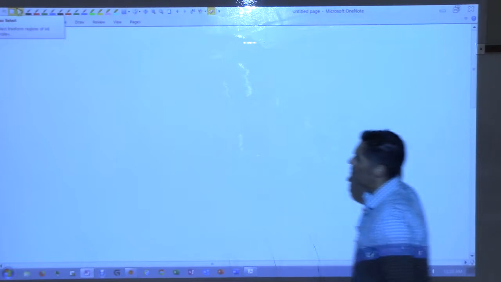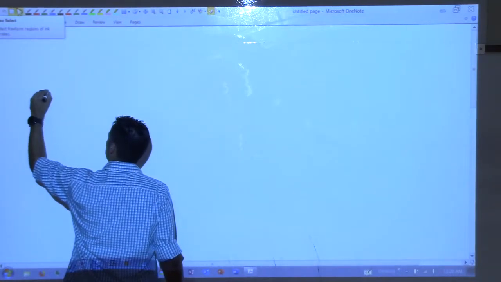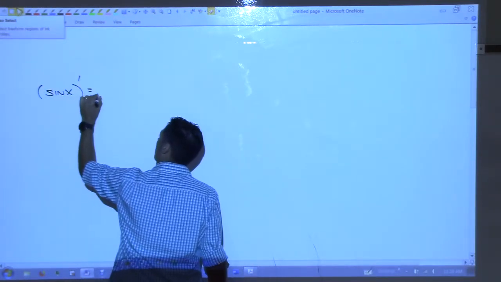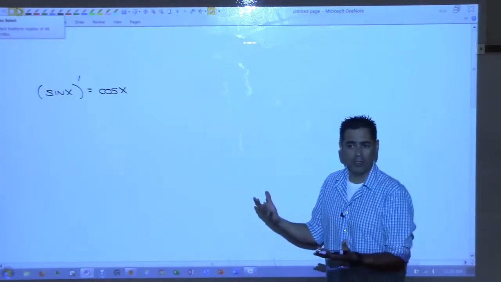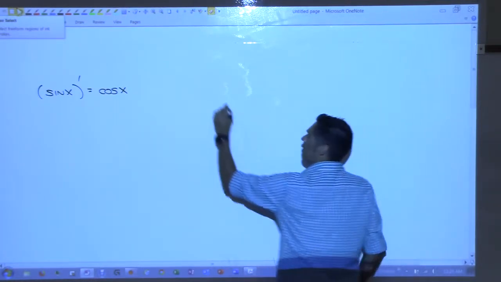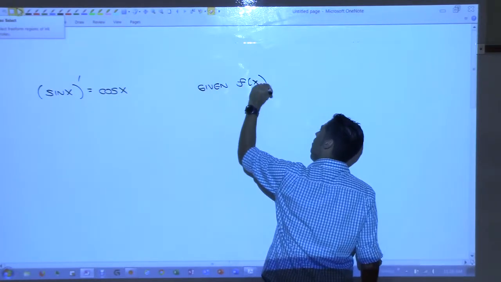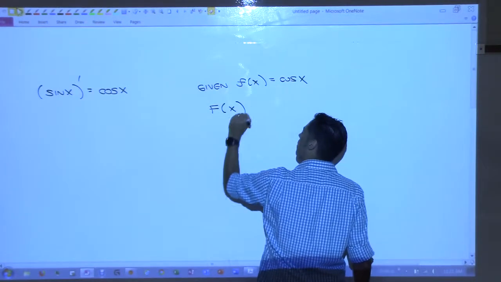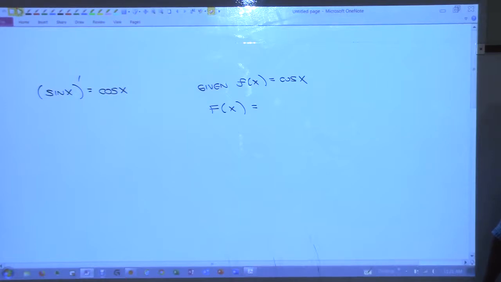All right, so what we know from Cal 1 is that, let's say we had the sine function, sine x. Do we know its derivative? It's cosine x, right? Okay, so using that information, if we're given our little f of x to be cosine x, then what would the general antiderivative of that be? Just sine x, right? Yeah, sine x